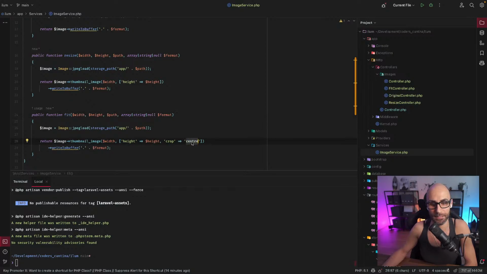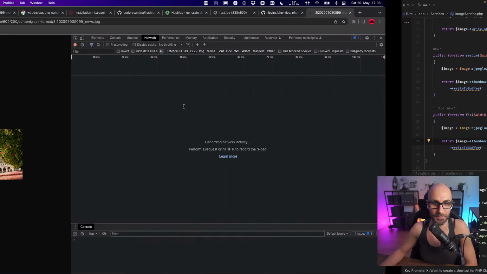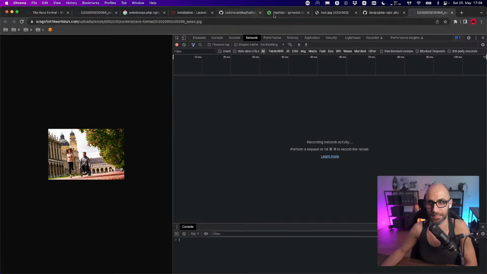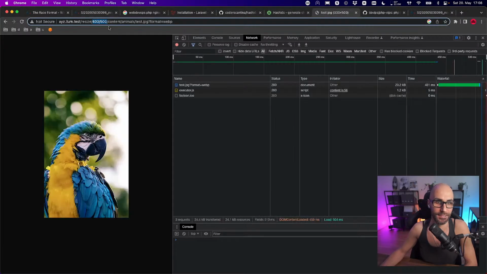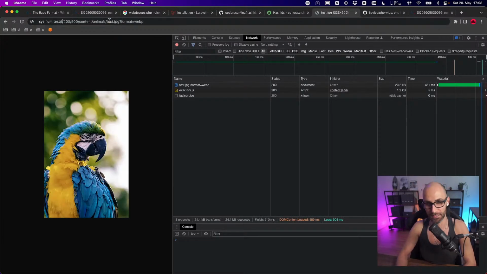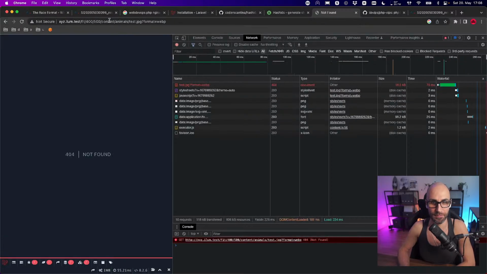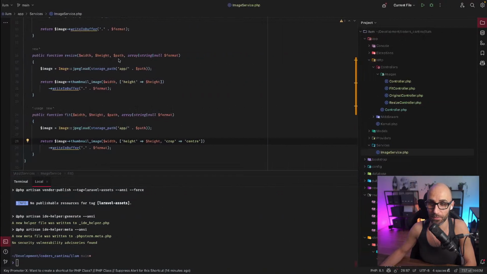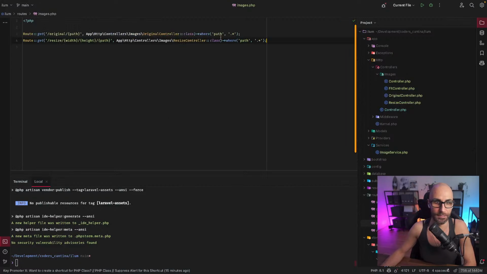In this case, it's crop center. I'm not sure if this is a thing, but let's try what Copilot came up with. So it's resize, it's fit 400 by 500, not found. Why not? Because we haven't added the route here. So it's fit, width, height, path, fit controller,